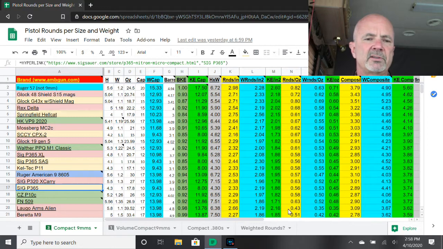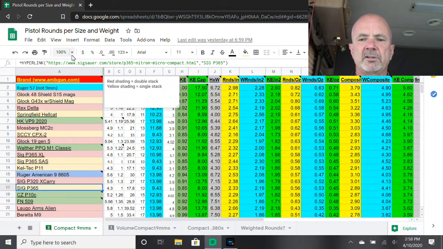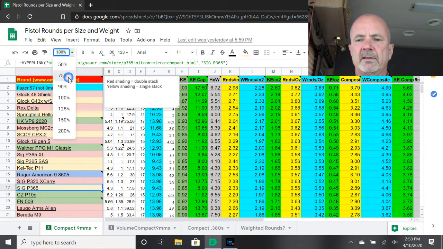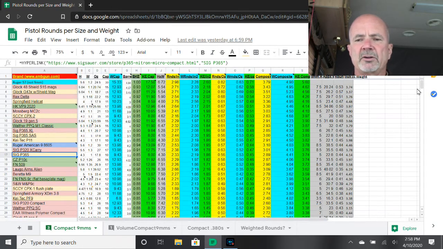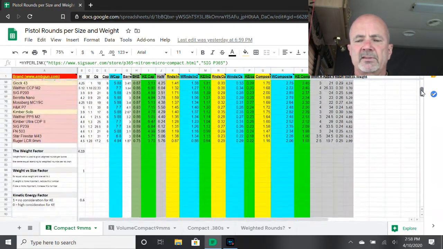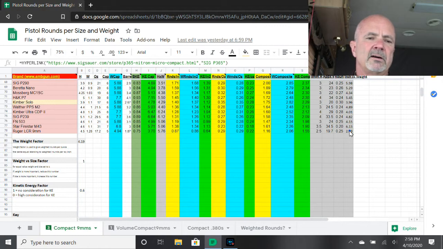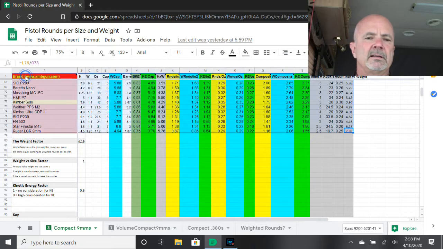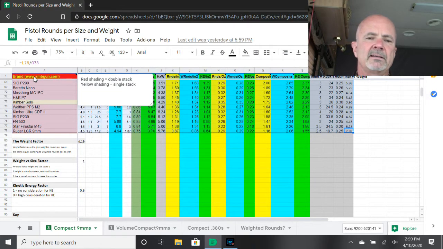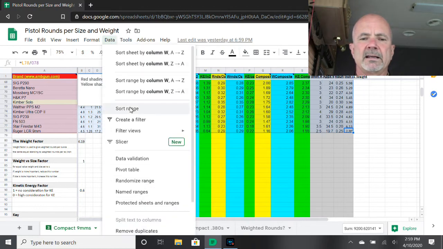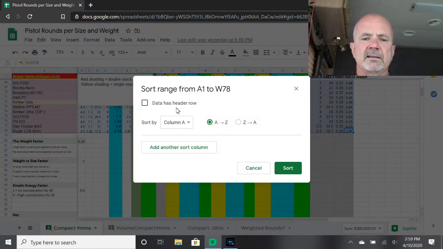I'm going to reduce the size here so I can see the full spreadsheet. And so we got some extra columns here on the end that are basically used for just some of the calculations. You can kind of ignore those. And so I'm just going to select from here all the way up into the column headers here. And now I go to Data, Sort Range. And then our data has a header row. So I'm going to select that, and what that basically does is changes the sort by to where I can